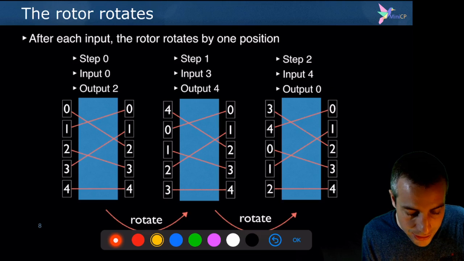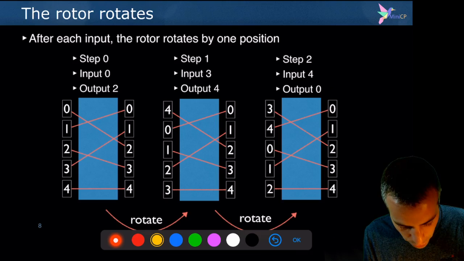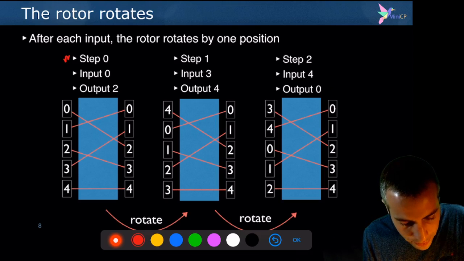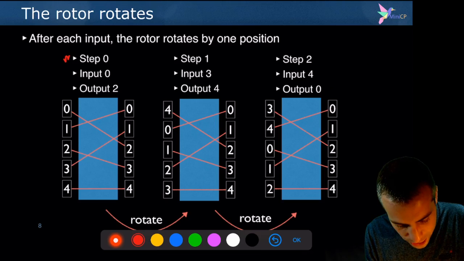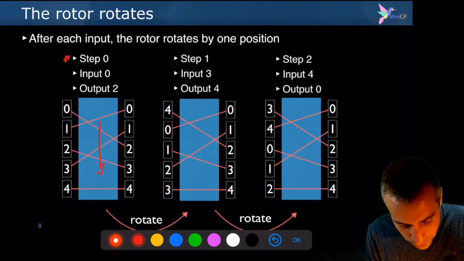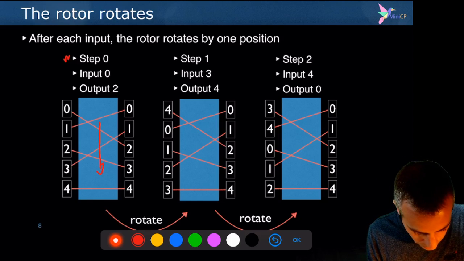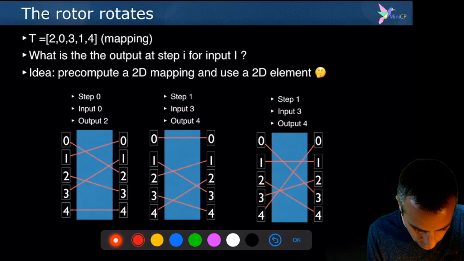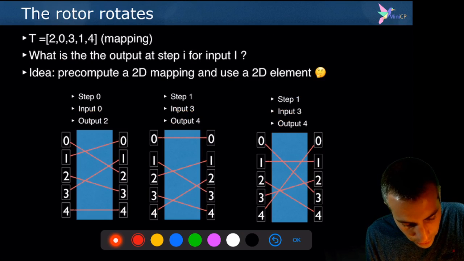But the Enigma machine is slightly more complex than this because the rotor is rotating. So the mapping table, after each step, for each input that you encode, will slightly change. The way it will change is that there will be a shift of the connection. You see that this connection is the correct one. So every time you press an input like this one, the input 0,